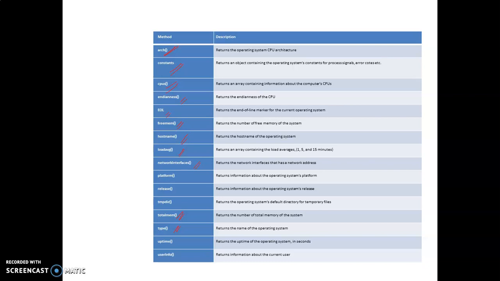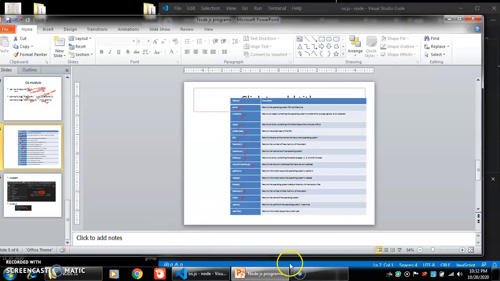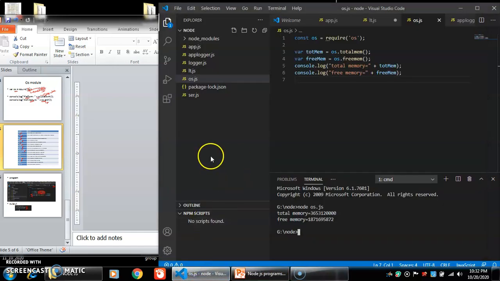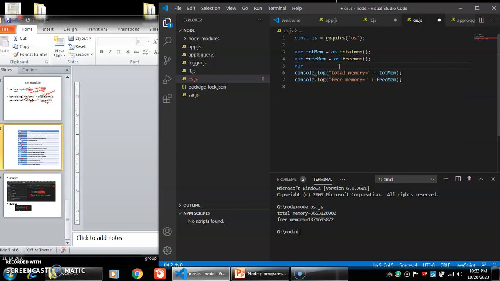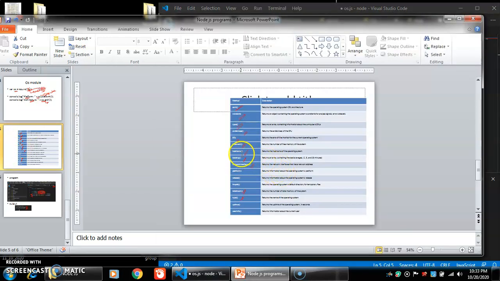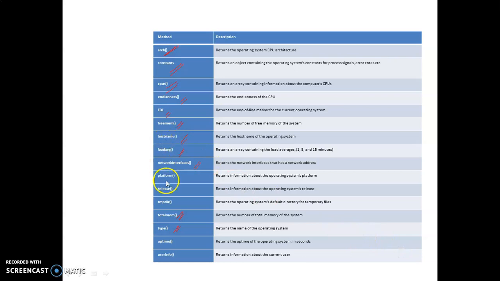When I need to retrieve the platform, I will go to my program and write a function like this. It is a variable. My aim is to get the platform.